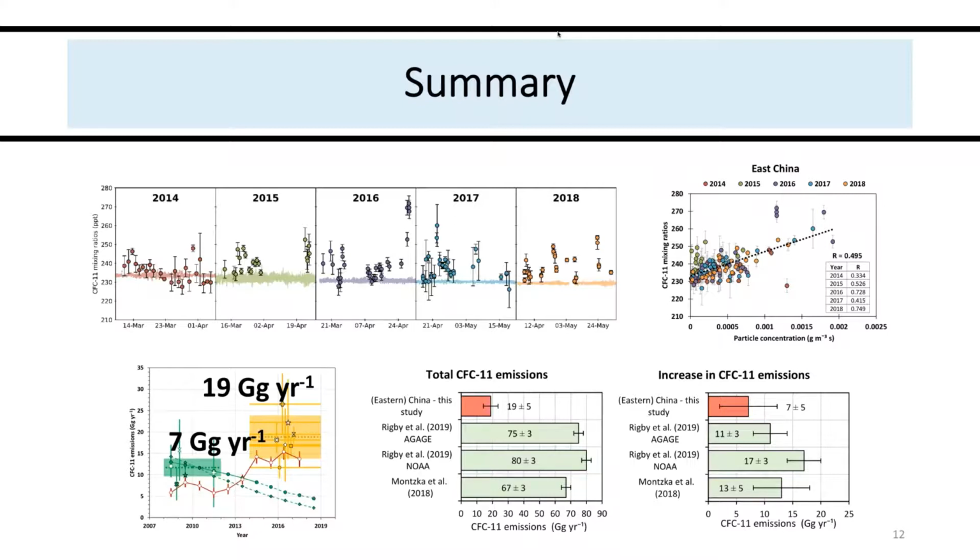The measurements from Taiwan were mostly sensitive to Eastern China. So the measurements weren't evenly sensitive to other areas. Some areas had very little influence on Taiwan. So it's possible that you could have CFC-11 emissions in some of those areas as well, and you wouldn't be able to pick it up in the measurements in Taiwan, because they wouldn't have enough of an effect on the mixing ratios that we were measuring.